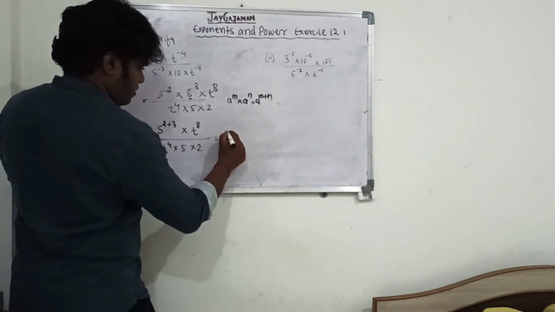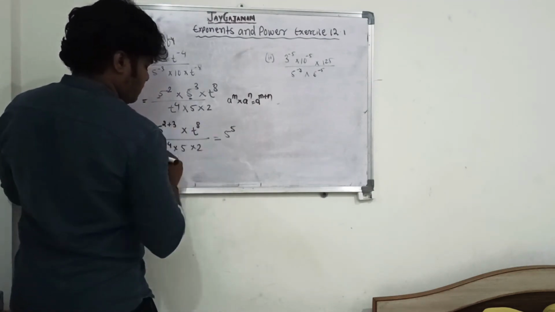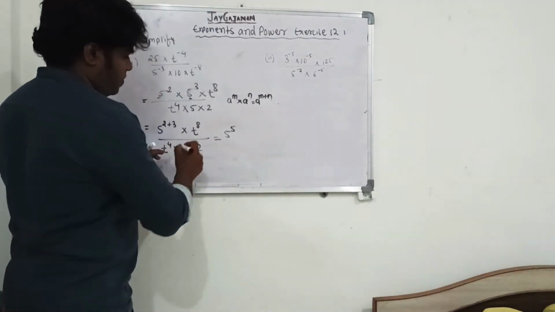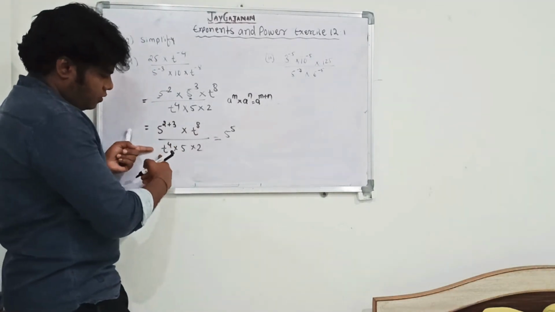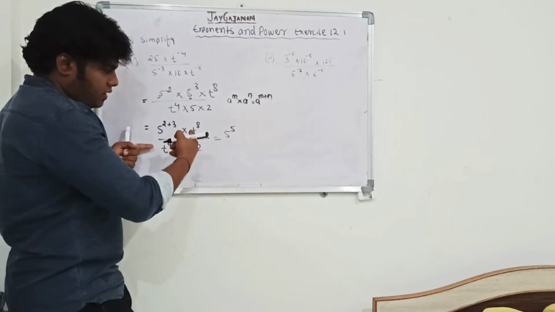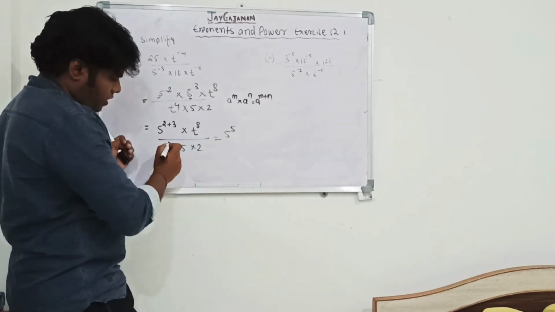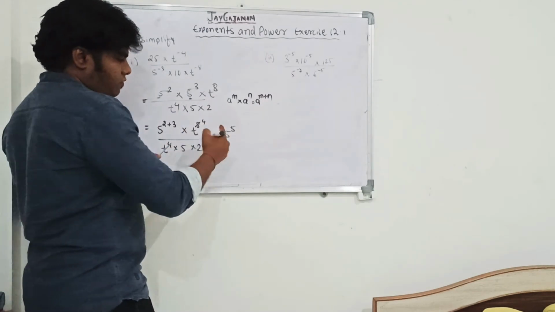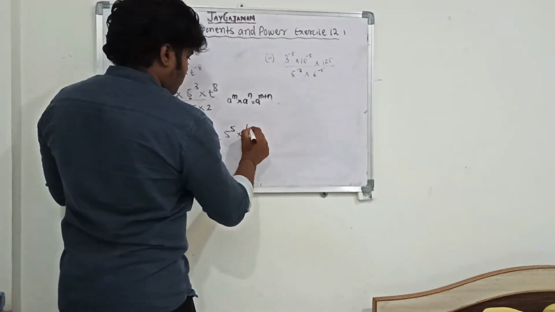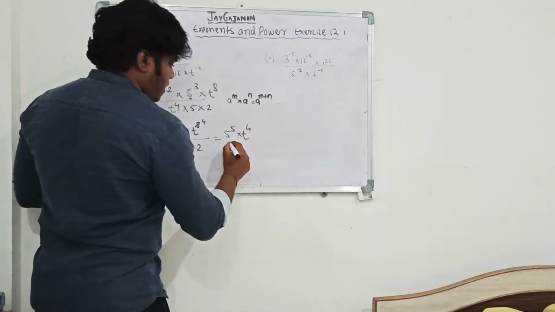5 to the power 2 plus 3, that is 5. Now this and this are same. If you can directly cancel. ये नीचे 4 है. T to the power 4 means what? T 4 times. T to the power 8 means what? T 8 times. So if I cut this, I have to cut this and I left with 4 powers. So therefore this will become T to the power 4. Okay. Then now what I left?